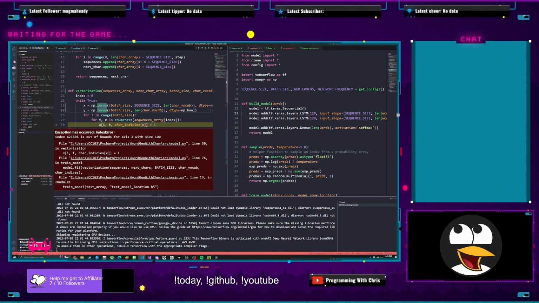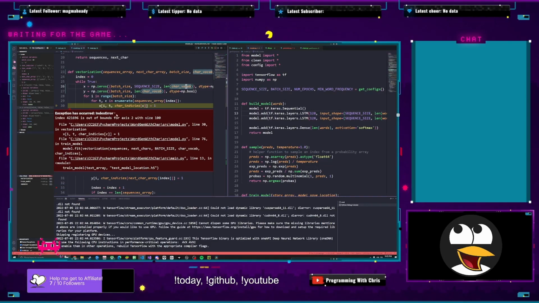Is that right? X is 50,000? Yeah, that is right. Okay. And then, all right, so out of bounds for axis 2 with size 1, so it's the T. So our sequence array index, oh,